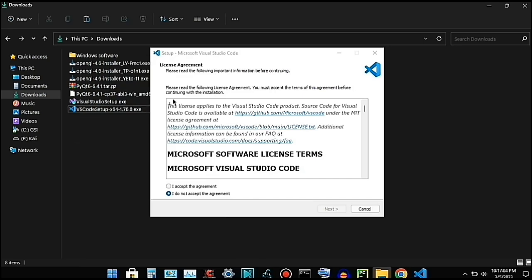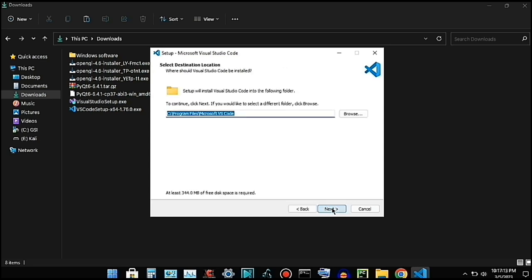And here we can see that the Visual Studio Code has presented us with a menu to accept the terms of condition. So you click on accept the agreements and then you click on next, and then you select the place where you want to install Visual Studio Code, which by default is going to be stored on your C drive, and I leave my own as it is, and then I click on next,